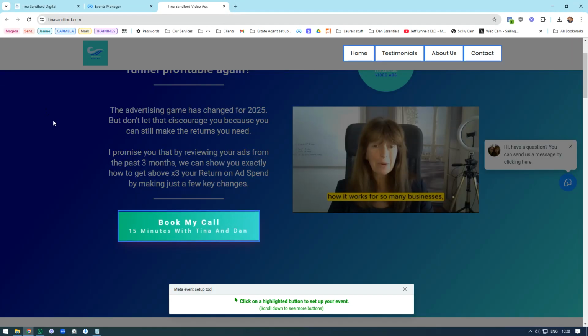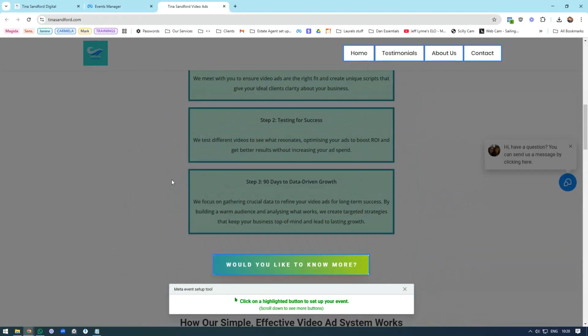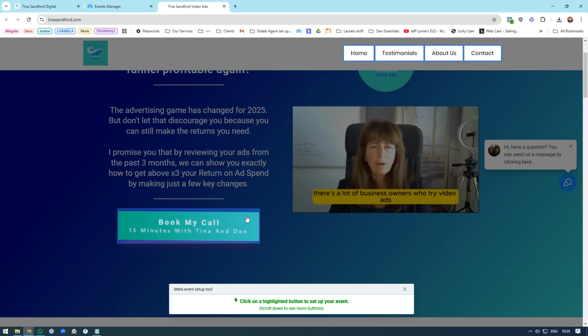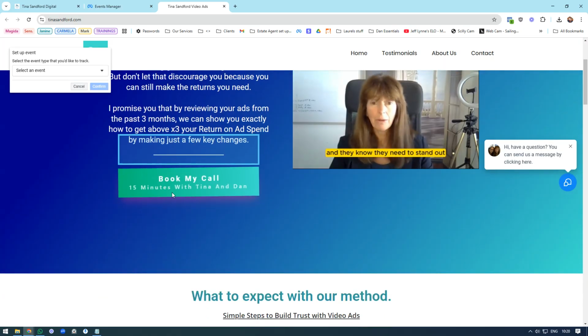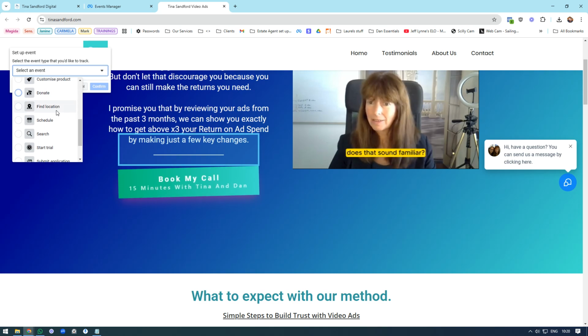So let us see here. We're going to click track a new button and we can click on the different buttons in this page so we can track how people engage with the page differently. If you have, for example, a lot of people clicking through your website, thousands and thousands of people, you can, for example, where it says book my call, you can track that and select an event such as